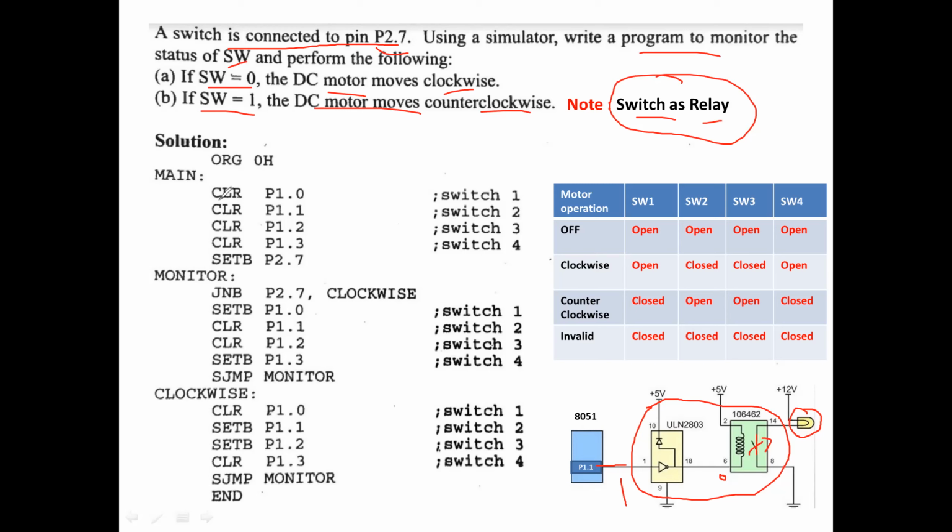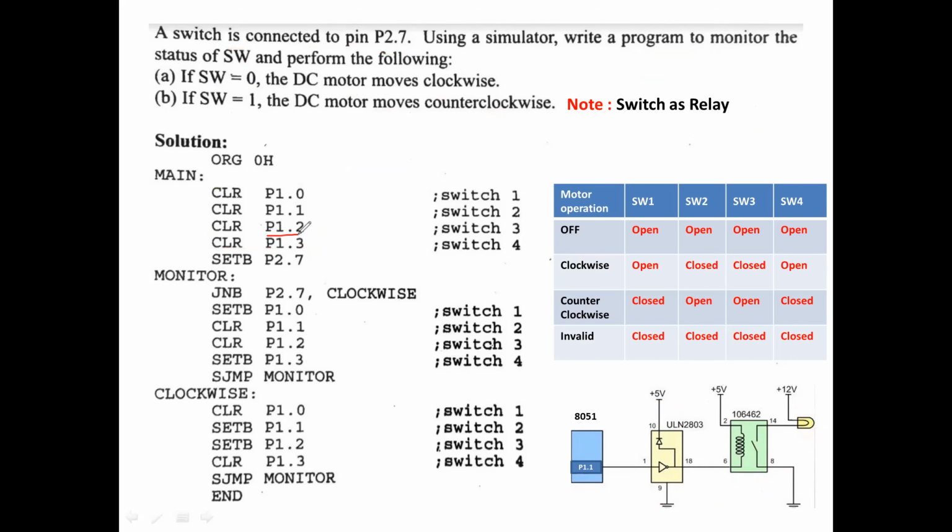Here there is a program where we clear all the port pins, that is, we make all the switches off. Or we can set all the port pins as output pins. This particular pin is specific for interface with switch 1, here switch 2, and so on. Relay can be switch 1 like that.